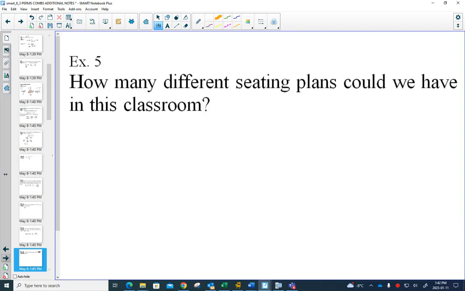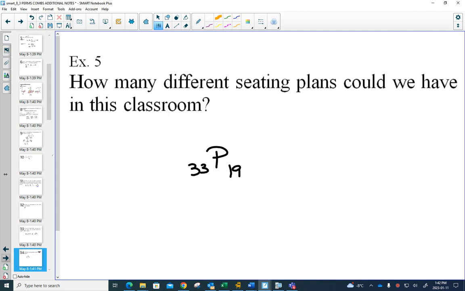Now, if we look at this classroom, we have 1, 2, 3, 4, 5, 10, 15, 20, 25, 30, 33 desks. Yes, so 5, 10, 15, 20, 25, 30 plus 3, 33. And in this class, therefore, 8, 12, 16, 19 people. 19 decisions have to be made. If we used any desk anywhere, there would be 19 decisions,